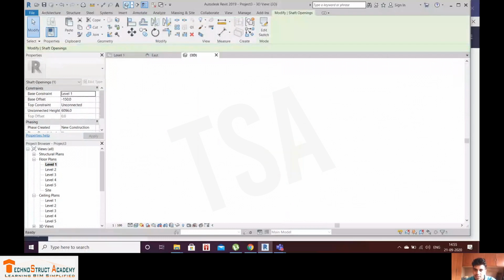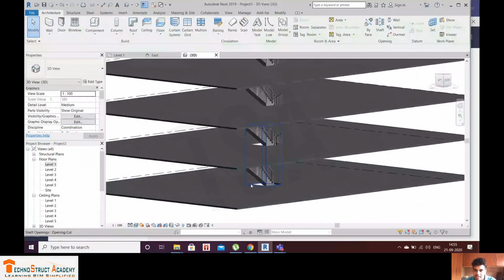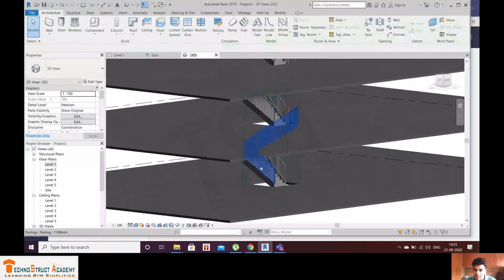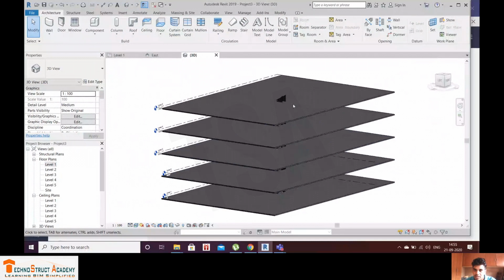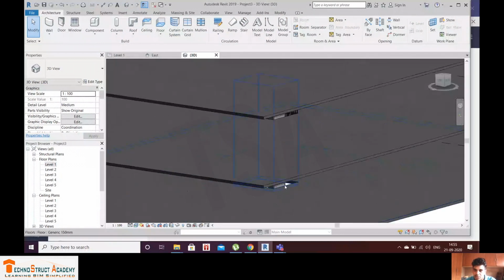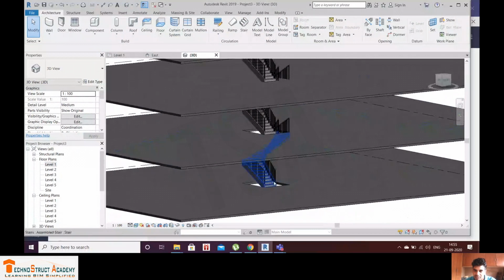Just checking our 3D view. You can find that we got the floor opening only from level 1 to level 2 floor, but I want it at the top of all these floors. Once you hover over this, you can find the shaft opening here, or you can use the tab option if you don't see this.